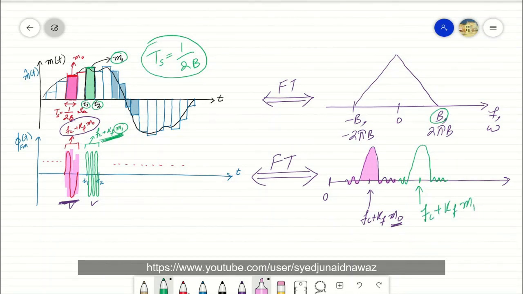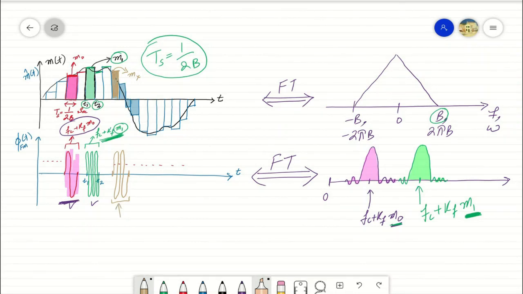For every different block, the amplitude of each block being different from each other, the central frequency of the sinc will be different from each other. For example, if we take some other block, the block shaded in brown color, we have a different amplitude for this block. If we refer to the amplitude of this block as mx, then the sinusoid generated for this block may have a different frequency that will be proportional to the amplitude of this block.